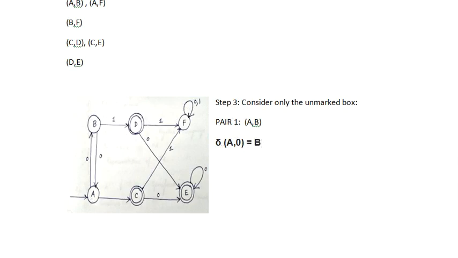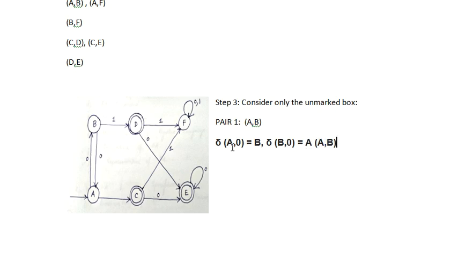Perfectly fine. Similarly, if I talk about 1, okay, now I won't be talking about 1. First I will be looking into the pair. So for B also I will look. For B, on seeing 0, where is it going? It is coming to A. So finally what did we get? We got A comma B. See how we got A comma B?